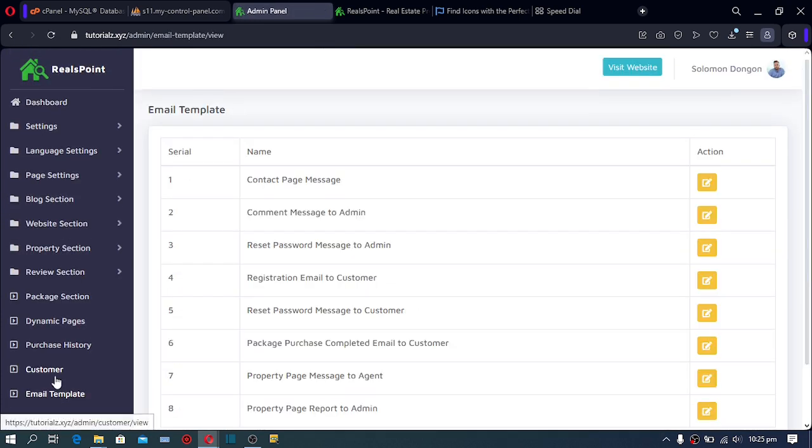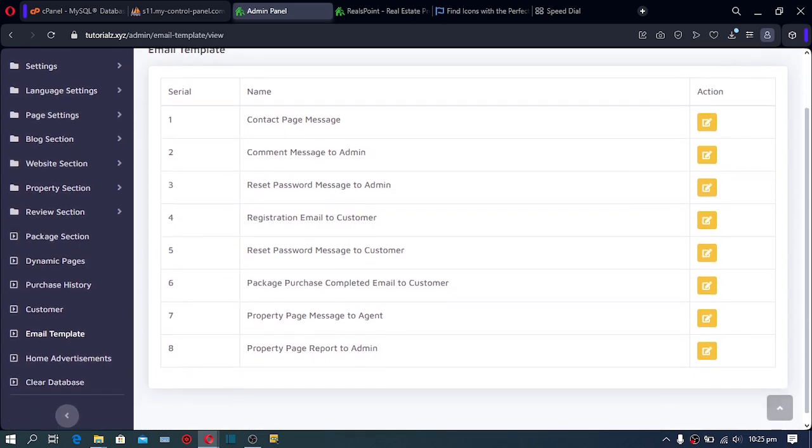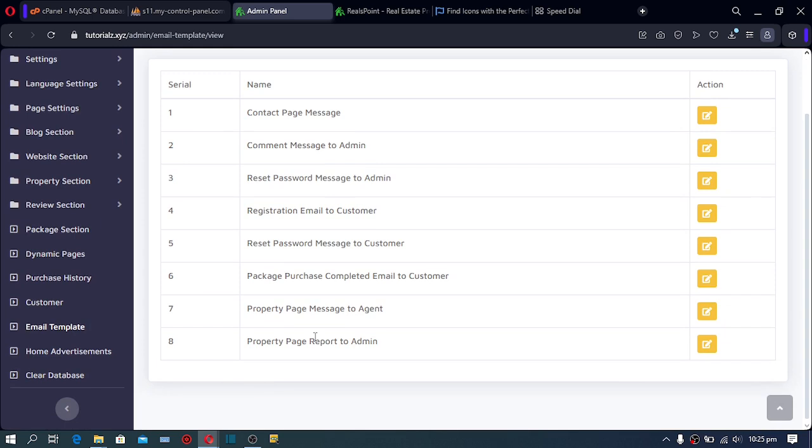Go to email templates. Very, very important. These are the emails that will be sent out whenever a certain action is taken. So whenever there's a password reset, this message will be sent to this customer. And finally, we click on home advertisement,